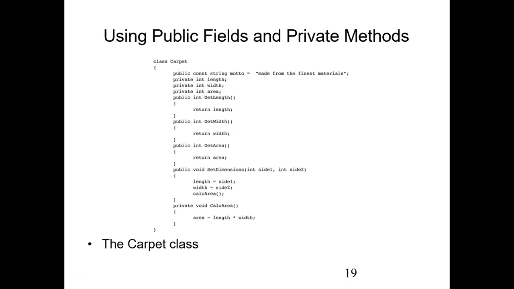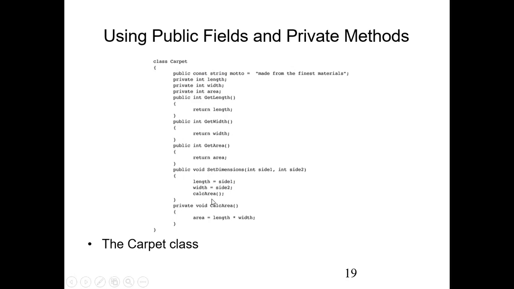We are just writing. Because we want to set a value to each of these, we need whatever method is invoking this method to specify the values that are supposed to be stored in these variables. So we have parameters, side 1, side 2, and then we can set side 1 to length,